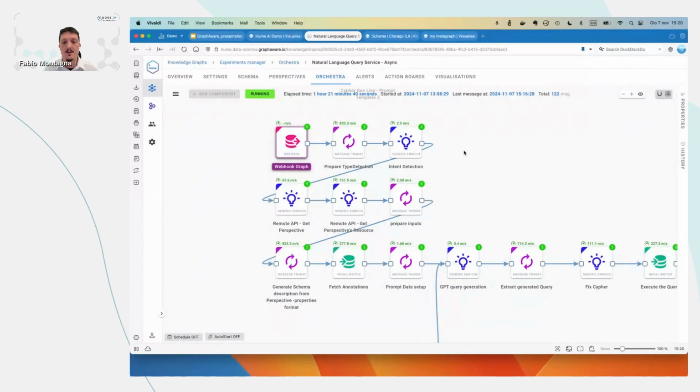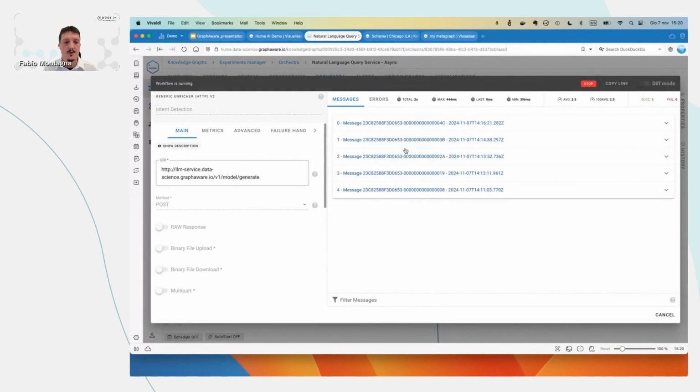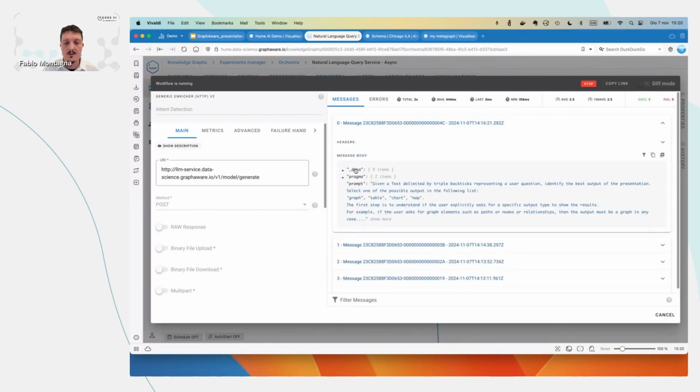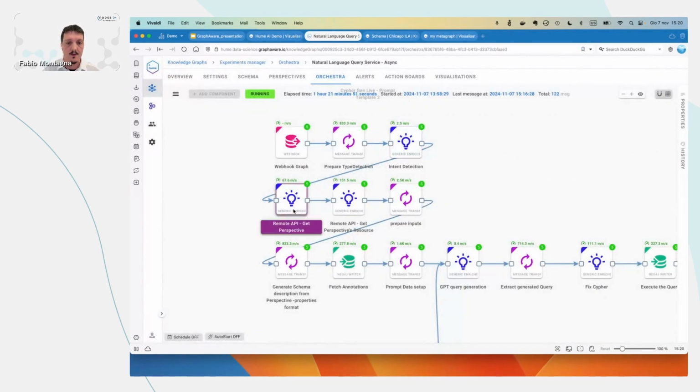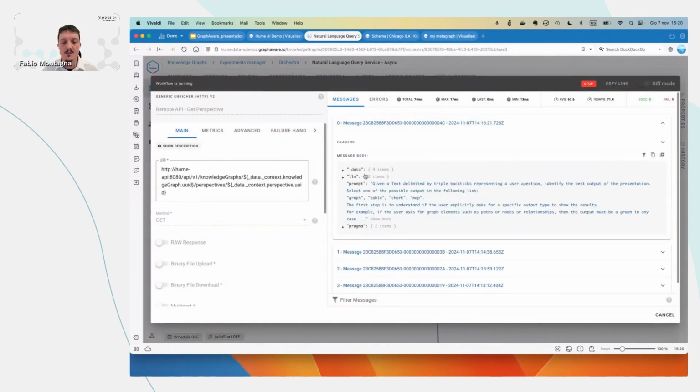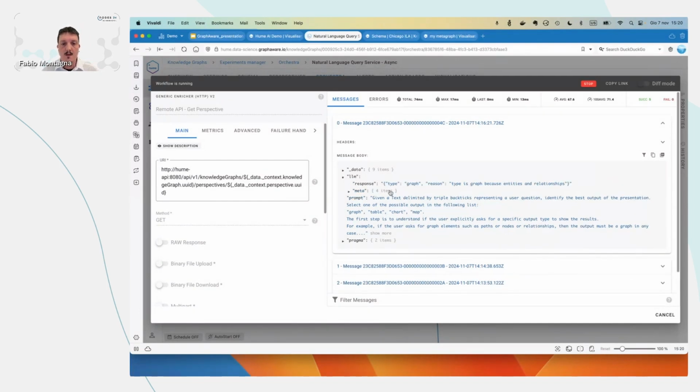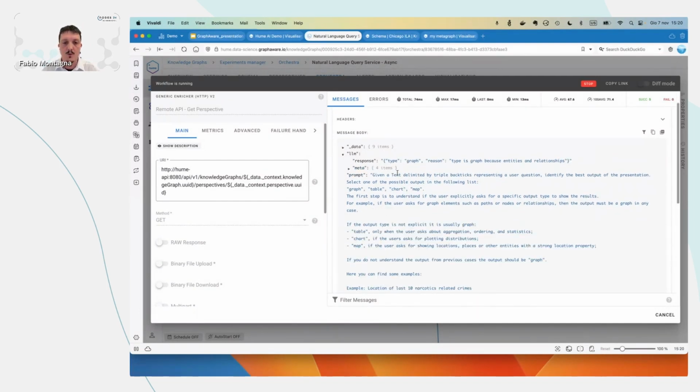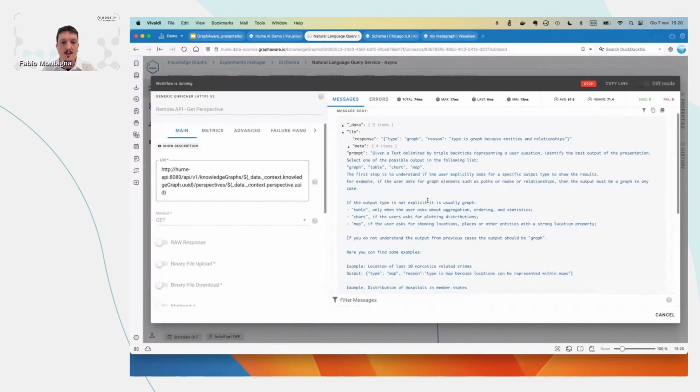The first thing that we do, let me zoom in a bit, is the intent detection. This is the output of the previous stage, so we will see the results in here. What we do here is try to understand the type of output that the user expects, considering the question. Like in the example, we want a map when it's the case, a chart, or a graph, depending on the type of question. We implement this stage, this agent,